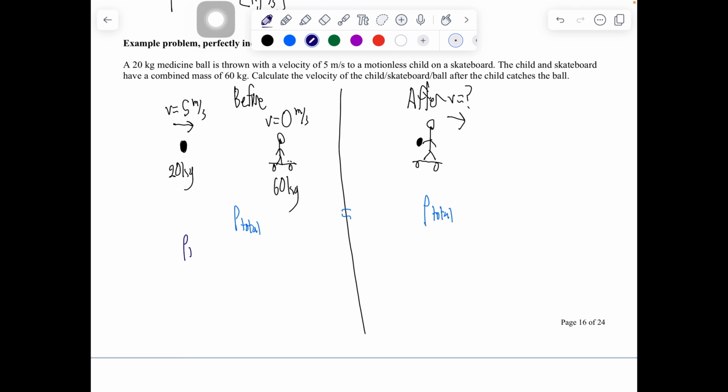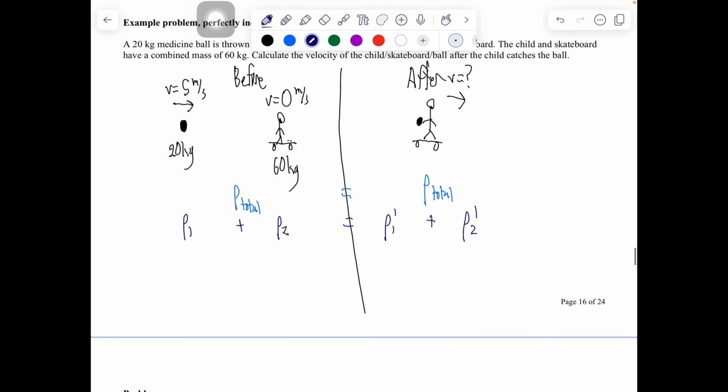The momentum of object 1 plus the momentum of object 2 is your total momentum before and after. These are P1 prime, P2 prime, momentum of object 1 and object 2 after. We set it up just like we did with bounce collisions. Replace these with our variables: m1v1 plus m2v2 equals m1v1 prime plus